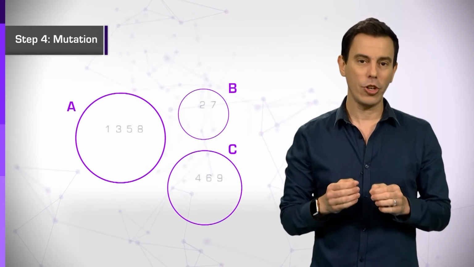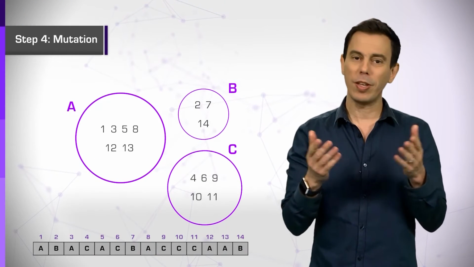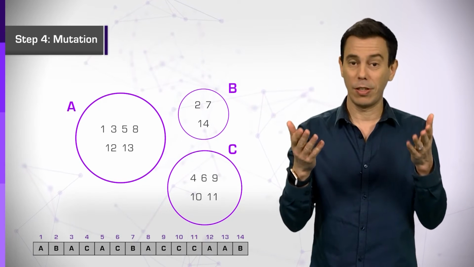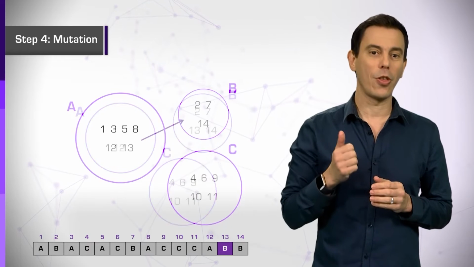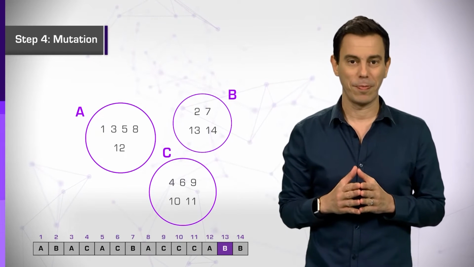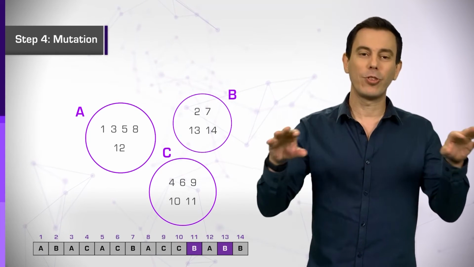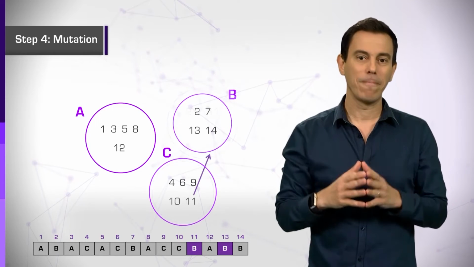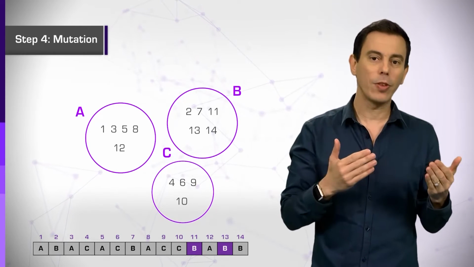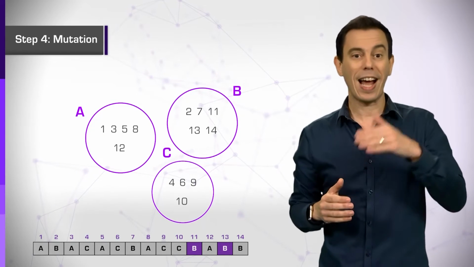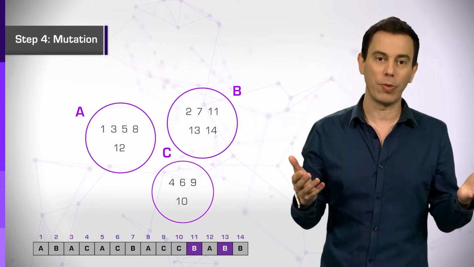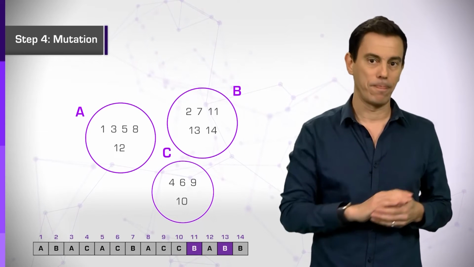Step 4. Mutation. Add random genetic mutations. To introduce mutation to sequences, we can pick a random letter in the sequence and change it. This mutation in the genotype will produce this change in the phenotype. We will spread a few mutations here and there at a certain rate, with the expectation that some of them will be beneficial and prosper through the evolution process, while others will be harmful and disappear, but only over time.